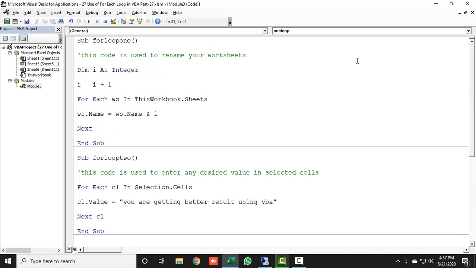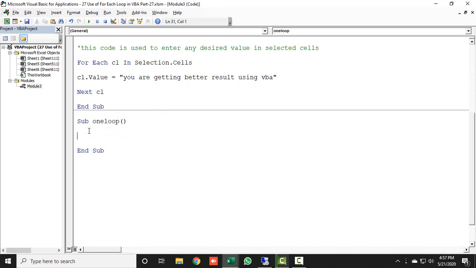Now I will save my time by copying these comments. You can also write them manually, but I am trying to save time. First I will take a simple Dim: Dim i As Integer, and i = i + 1.